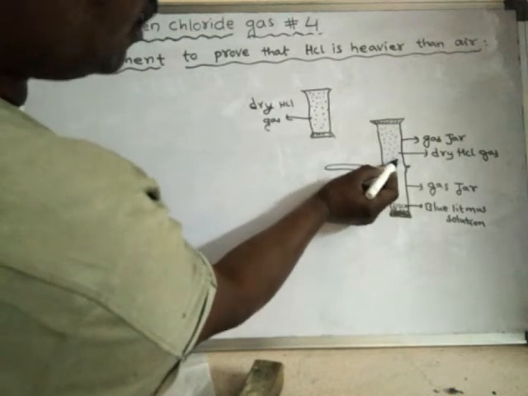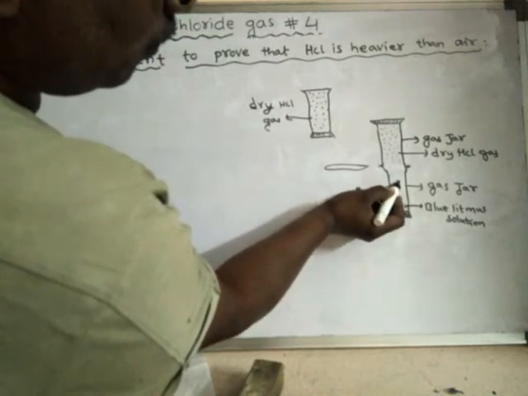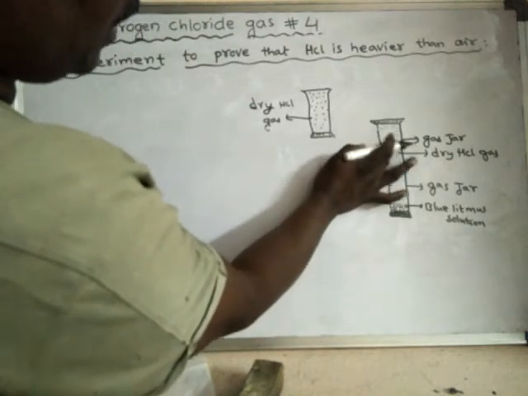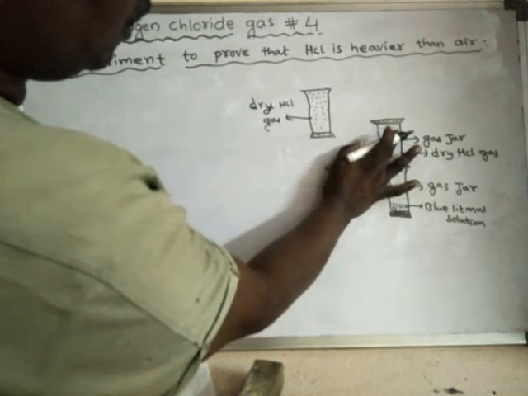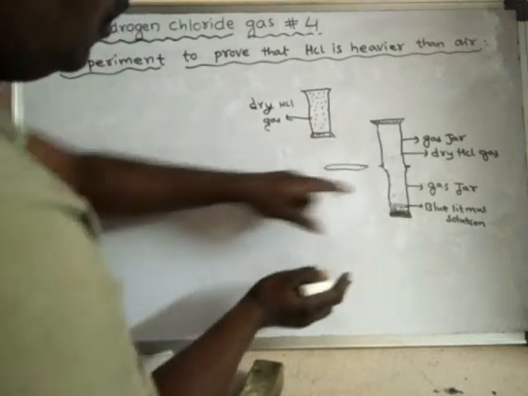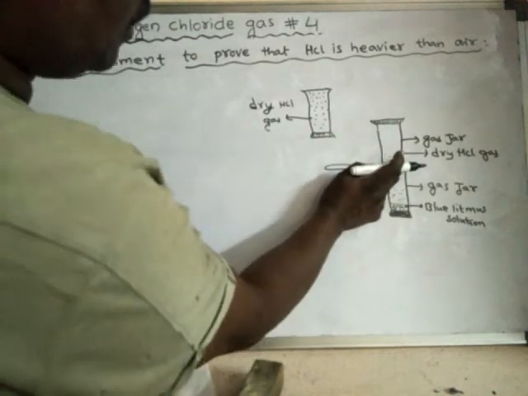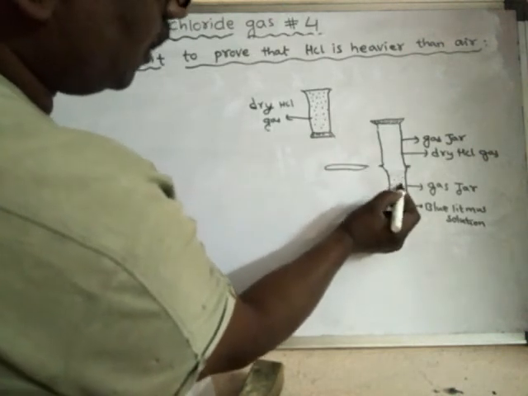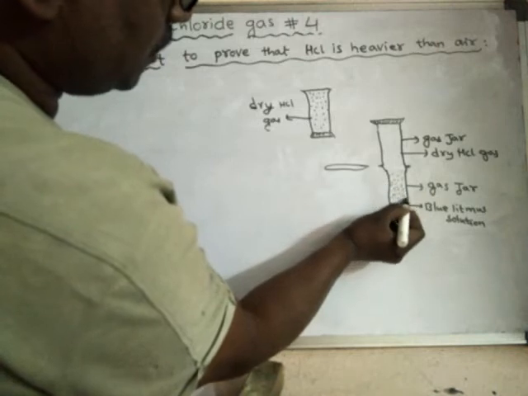This dry HCl gas will slowly come down, and the air is pushed out. It is displaced. So air will be displaced up, and the dry HCl gas will come and settle in this